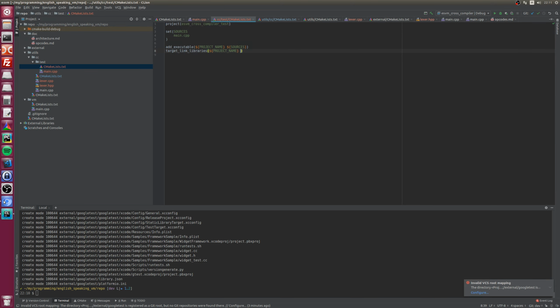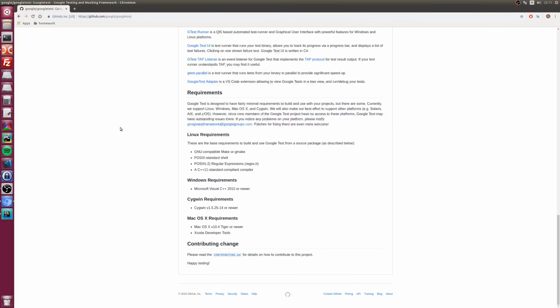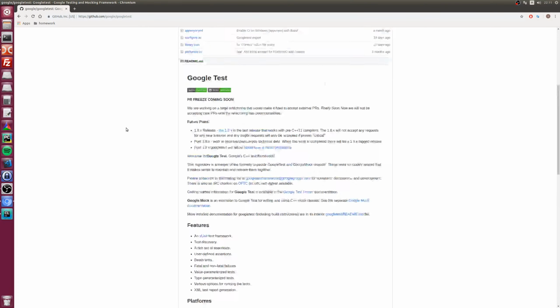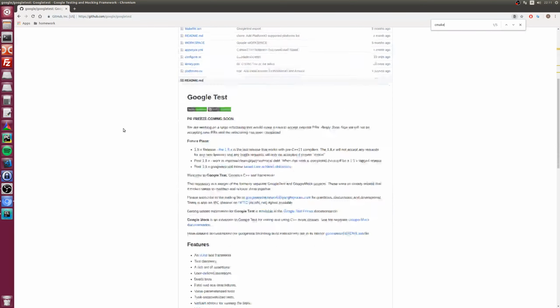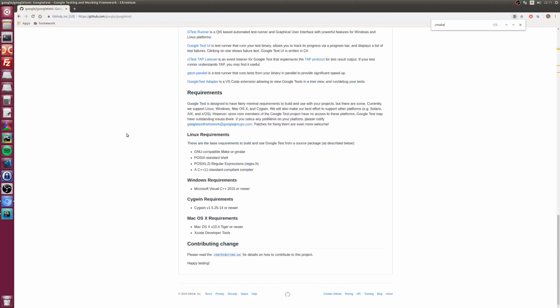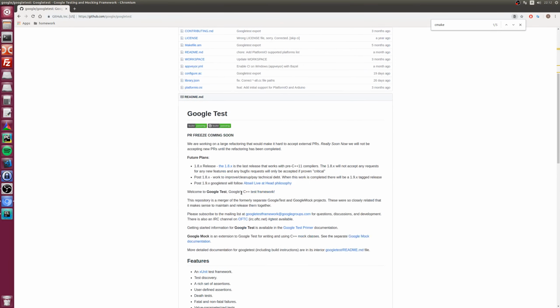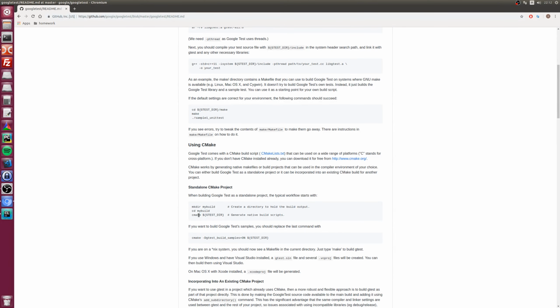now let's see how Google Test is doing this. Where is the CMake? Okay, using CMake.